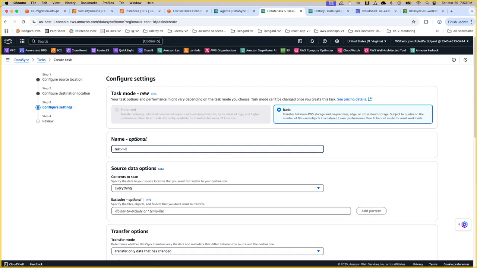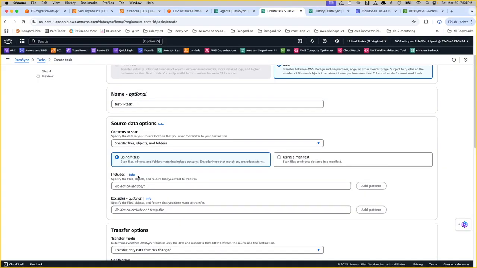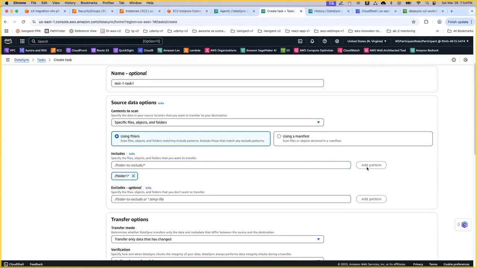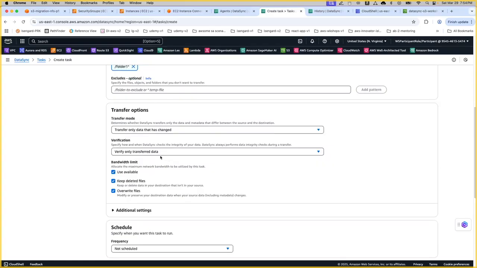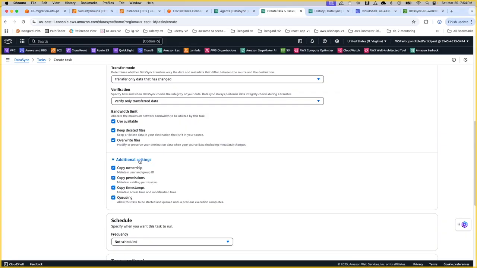And give a name. We can scan the entire data or specify a specific folder or an object. For example, we can say folder 1. This is including this. And don't forget to click the add pattern. Likewise, we can also specify the exclude option. There are various transfer options available. You can choose only the data that's changed, or all data. You can specify the bandwidth, permission settings,